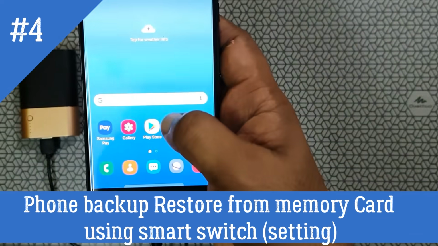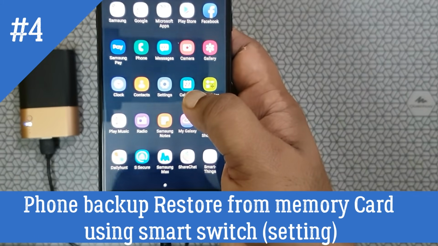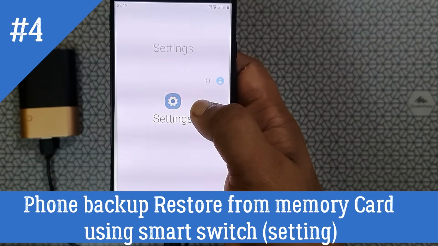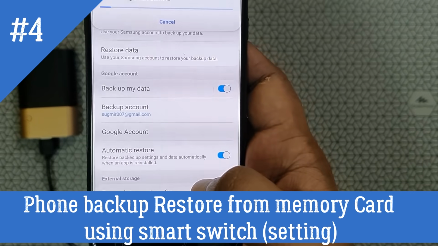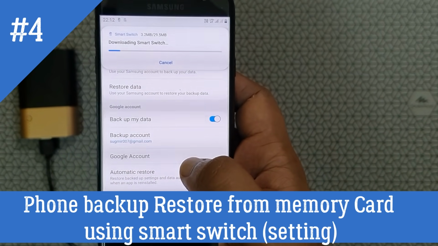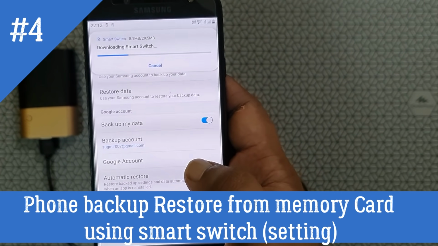Let me check how to do the restore from our memory card backup. Just go to the settings. Smart Switch is a separate application you have to download to use that.